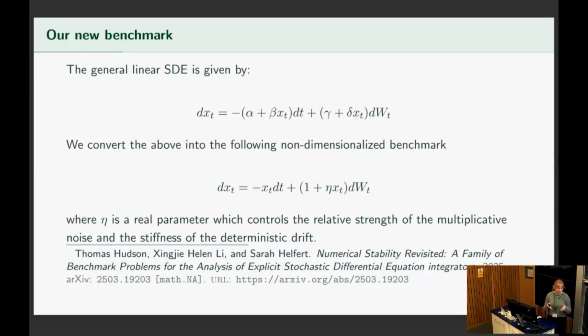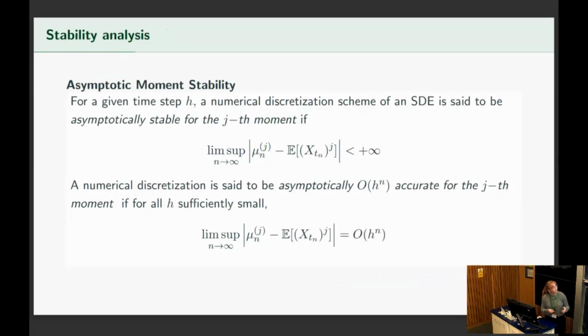By doing this, we are able to really dig into the performance of some of these classical numerical schemes beyond some of the earlier reported results. The way that we do this is we look at asymptotic moment stability, keeping in mind that numerical schemes need to capture the accurate statistics for a system in the long term. These statistics allow us to focus on, for a given time step h, how well our scheme matches the first or second moments. And so we're able to analyze how well these schemes perform if we're not necessarily using that infinitesimal step size.